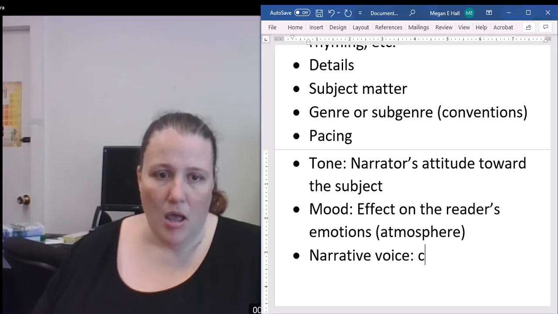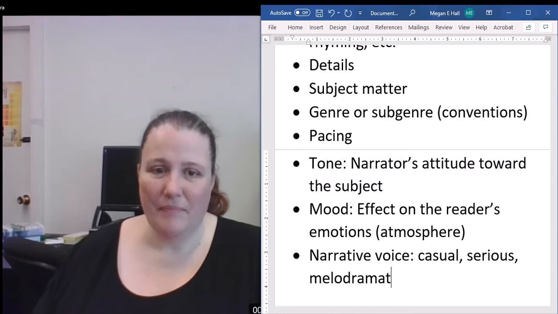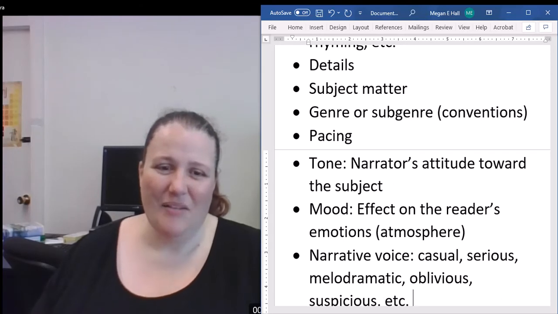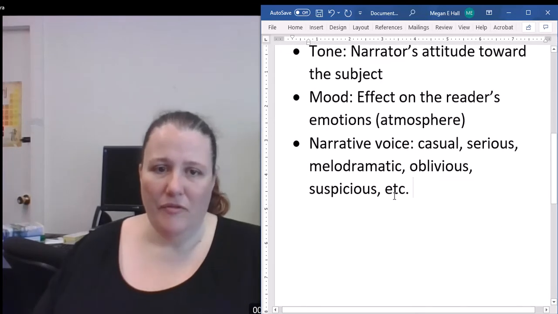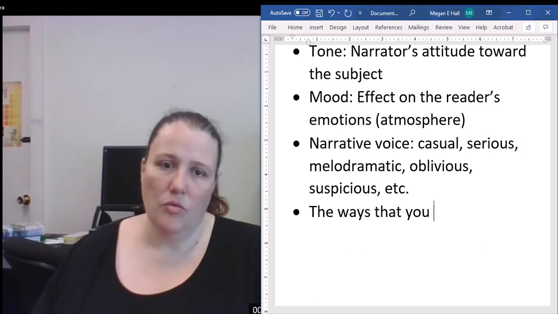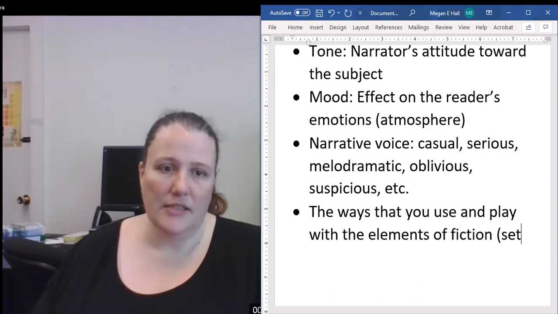is it casual, serious, melodramatic, oblivious, suspicious, etc. That's going to add to that style. And quite frankly, I guess going along with pacing, the ways that you use and, for a lack of a better term, play with the elements of fiction. So setting,